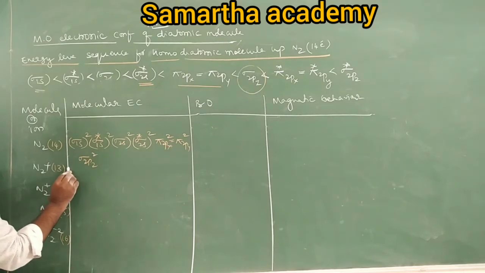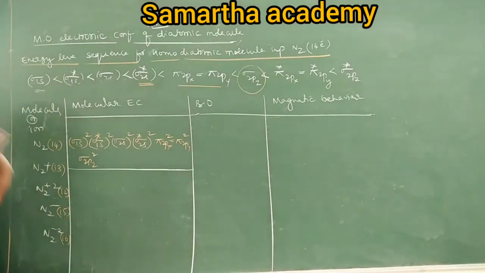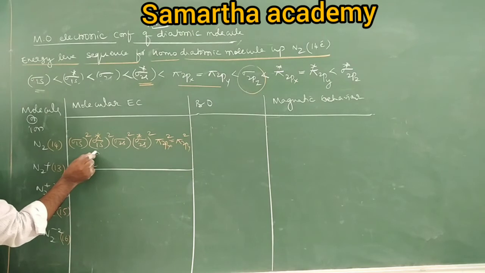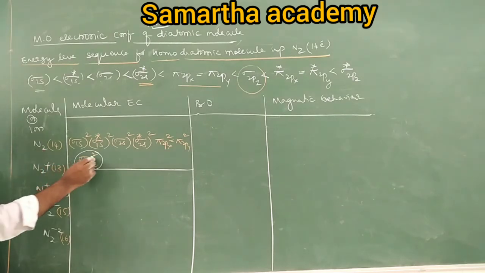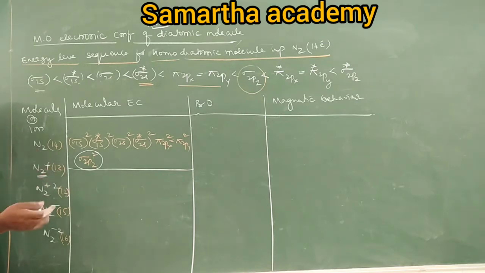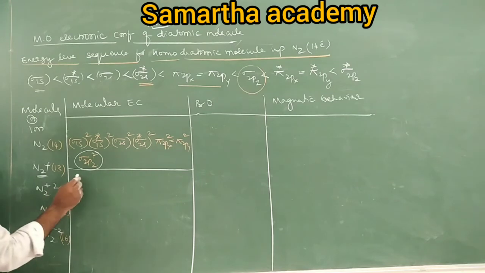See students, important is this only. In nitrogen, where the last electron is present, there are many questions based on this. Please try to understand. If you remember nitrogen, you can understand all the remaining. We will go for a shortcut. So remember, in the nitrogen molecule, the last 2 electrons are present in sigma 2pz. Then, if in nitrogen the last 2 electrons are in 2pz, what about nitrogen plus? Does nitrogen lose an electron from bonding or anti-bonding? Bonding.